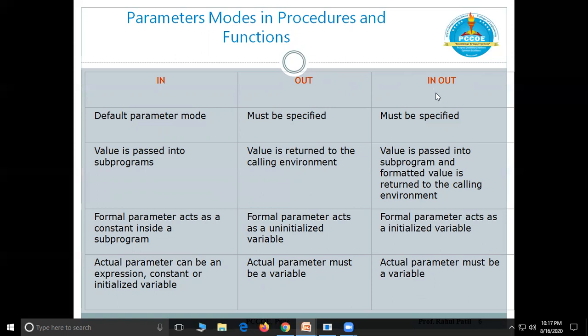When you want to use the same argument or variable for taking an input value into the block, as well as for returning the value, the value is passed into the subprogram and the modified value is returned to the calling environment. If for both purposes you want to use the same argument, then you can use IN OUT. So IN, OUT and IN OUT are the three parameter modes you can use.